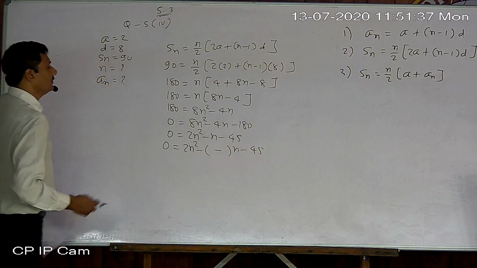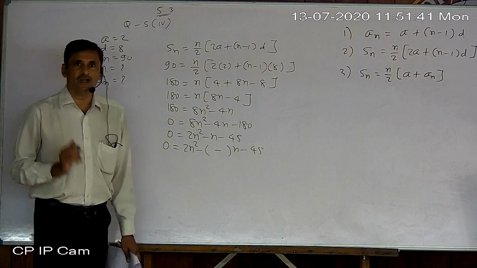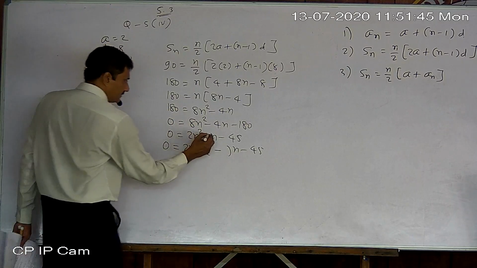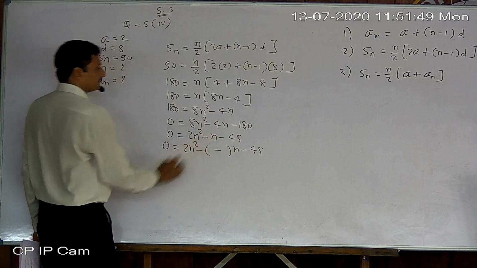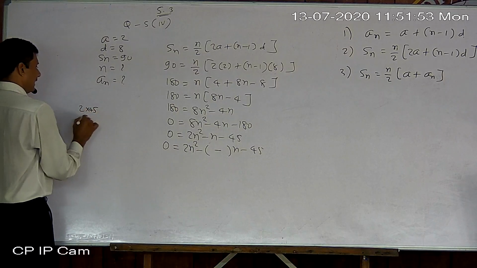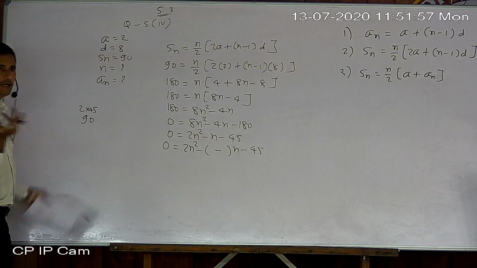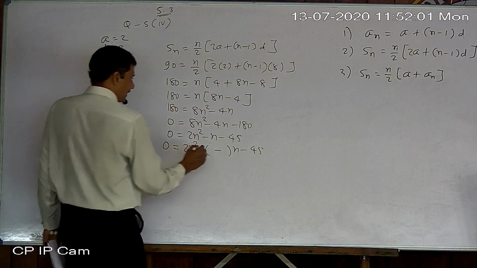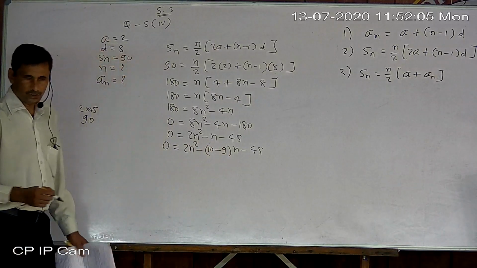Now from the product of first and last, you select any two factors whose difference is 1. Difference is 1. Why? Because here is a 1. So 2 into 45 is 90. Obviously 10 nines are 90. Sometimes we can find it very easily. So 10 nines are 90, and the difference we got is 1.